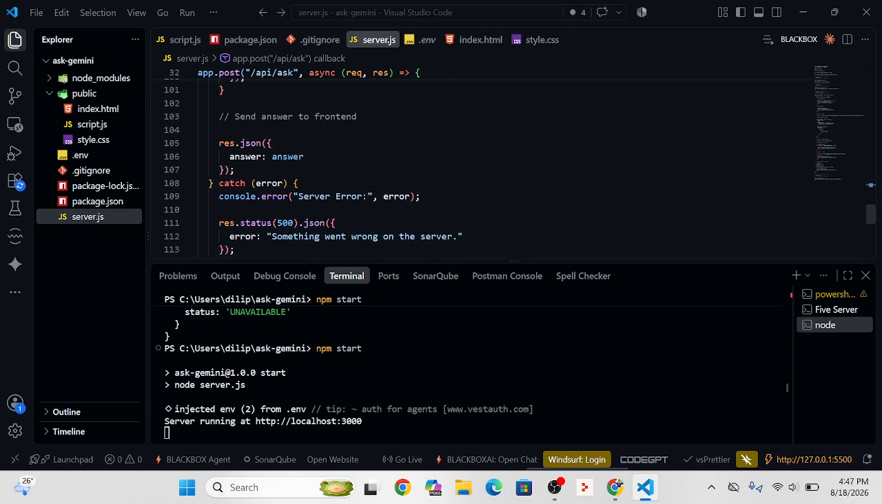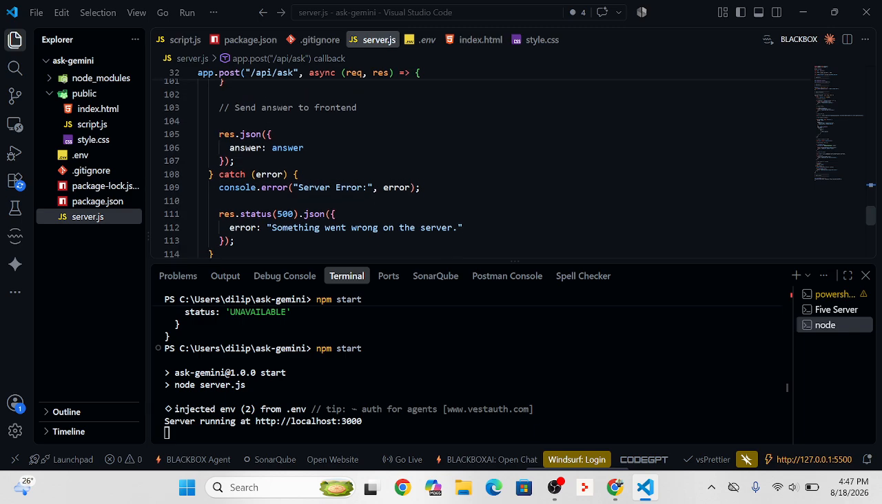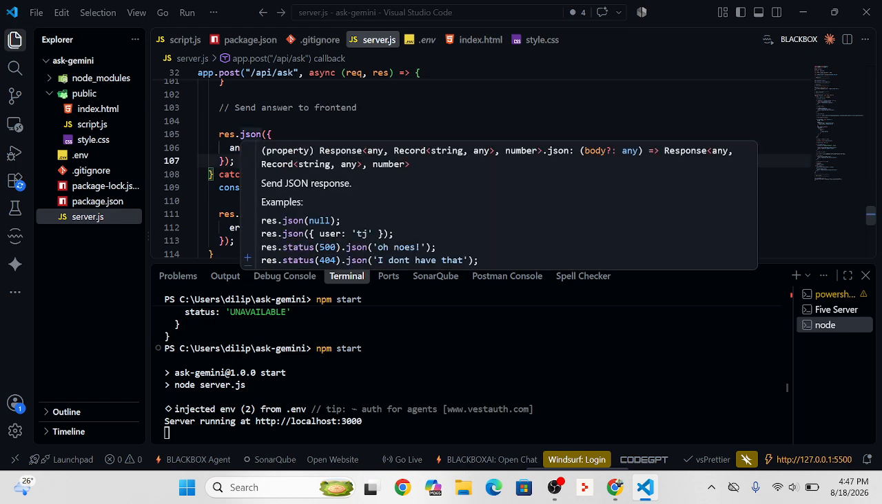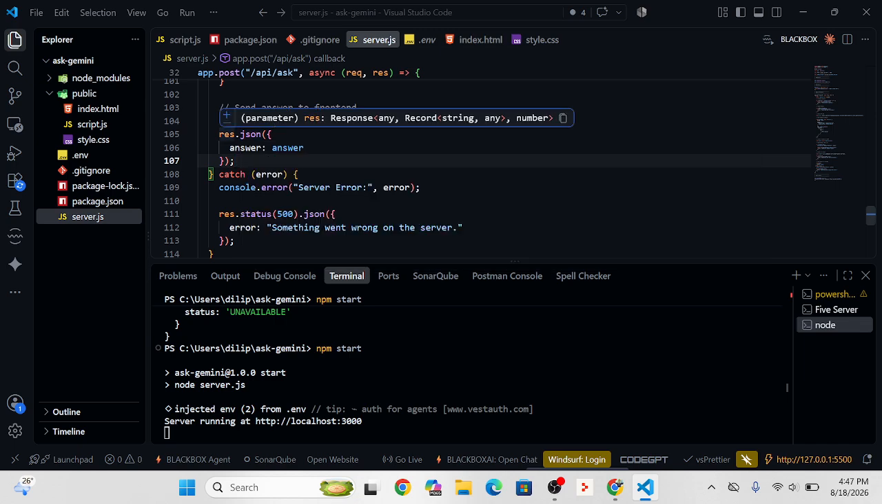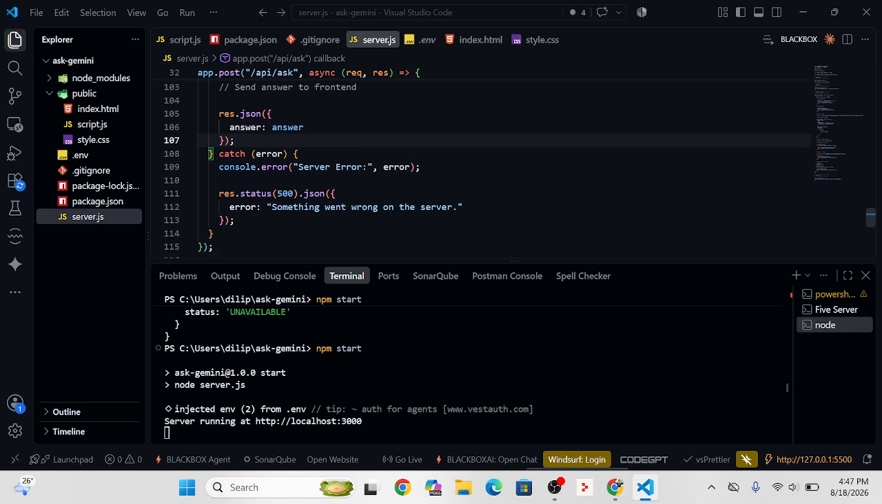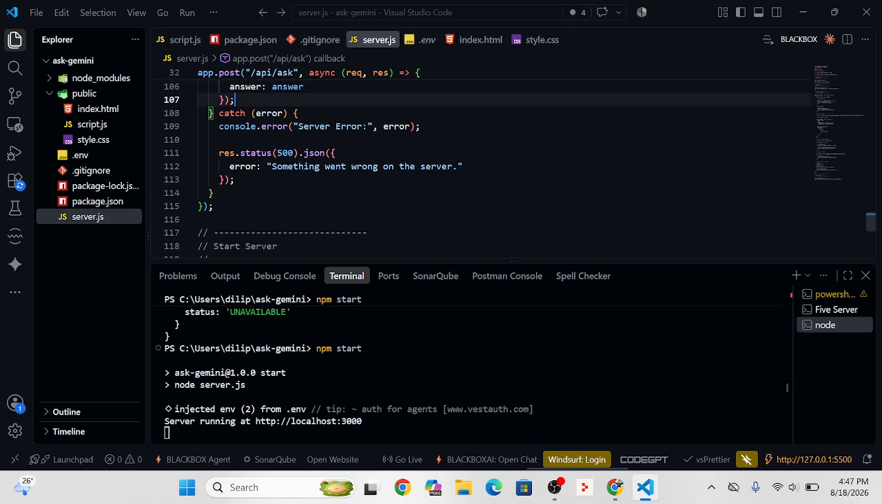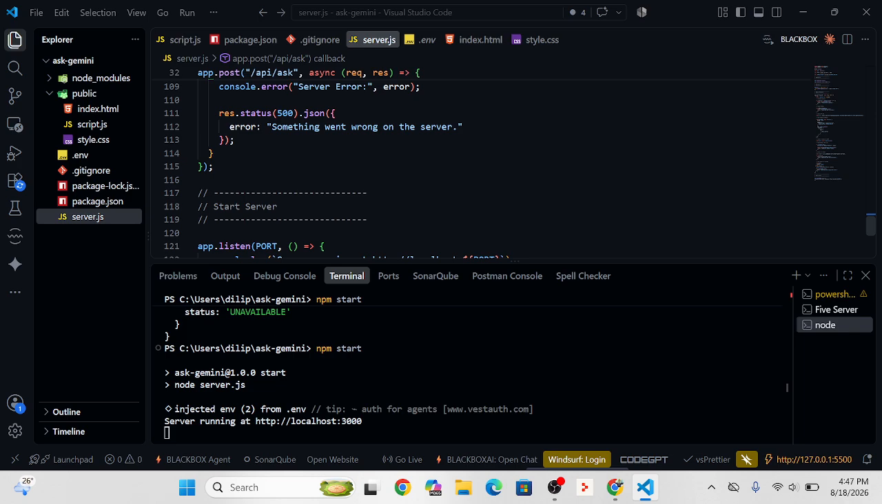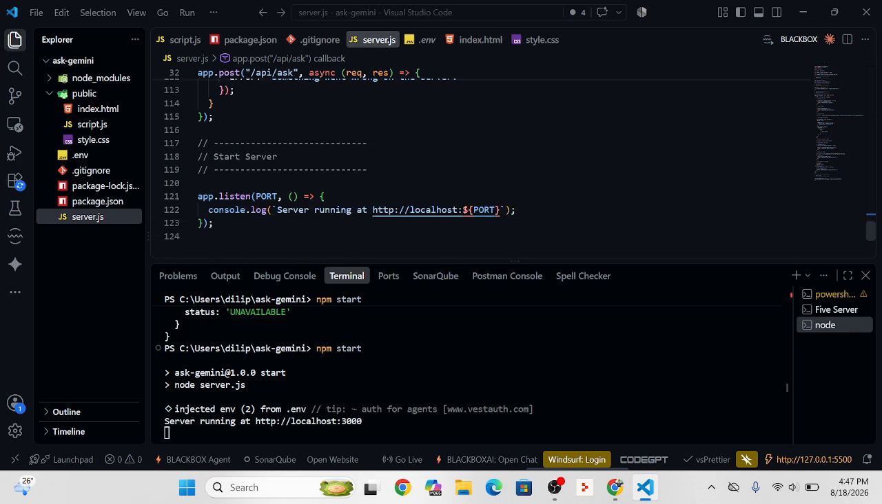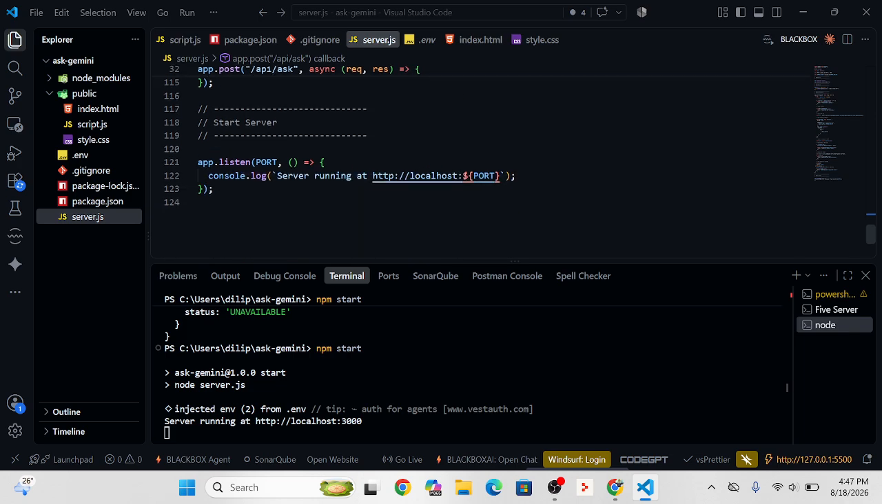Here this portion will send the answer to the front end in JSON format, response.json. And if there is an error, it will catch the error and show the error in the console, and with the status code 500, something went wrong. And this is the portion that app